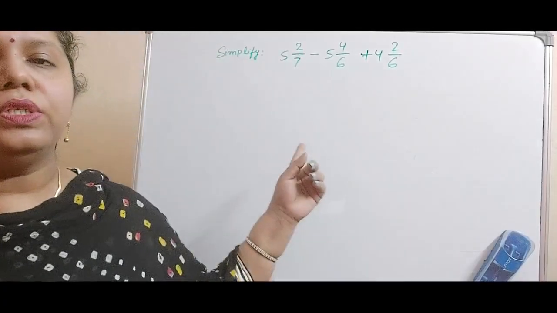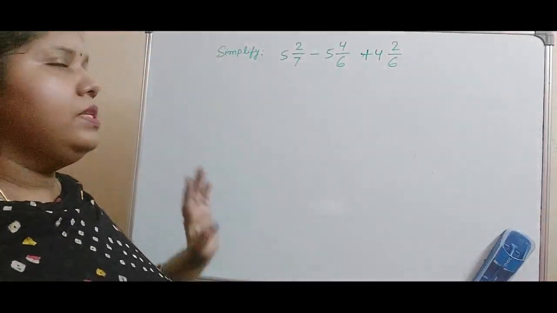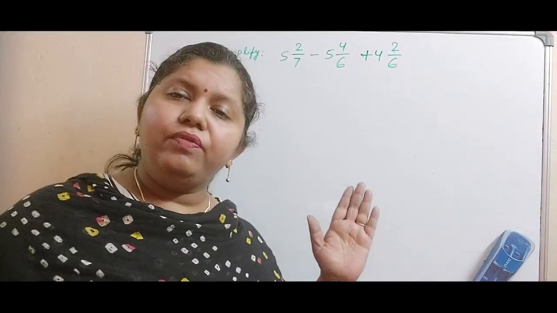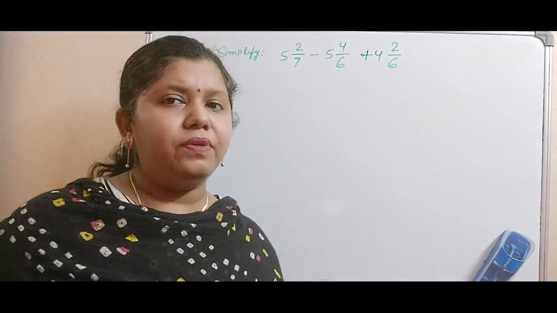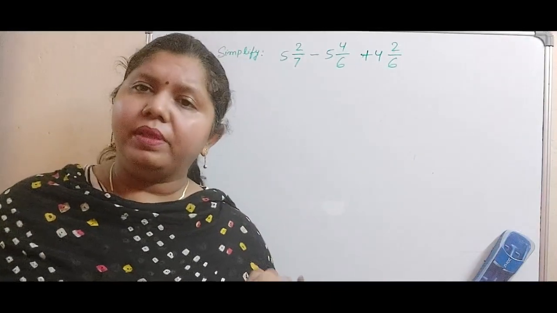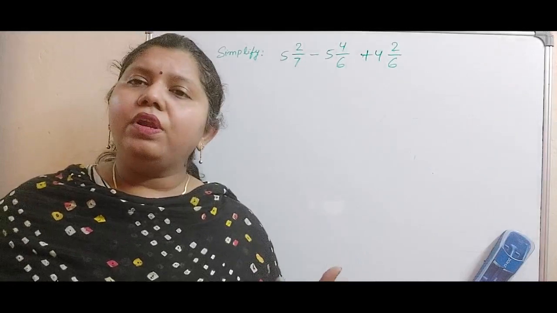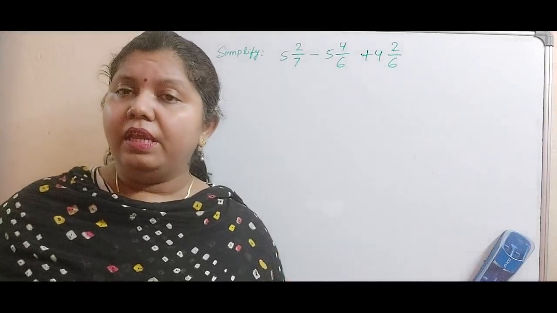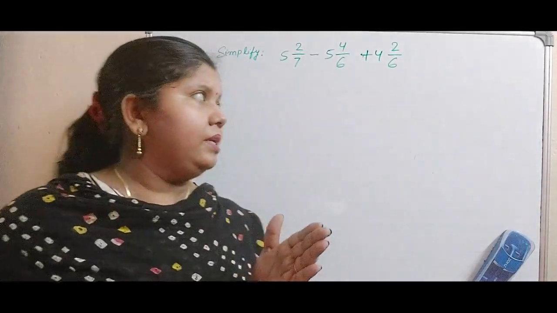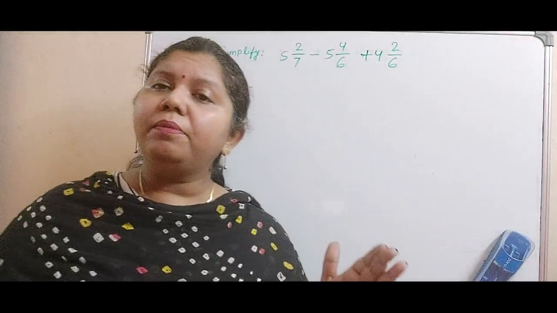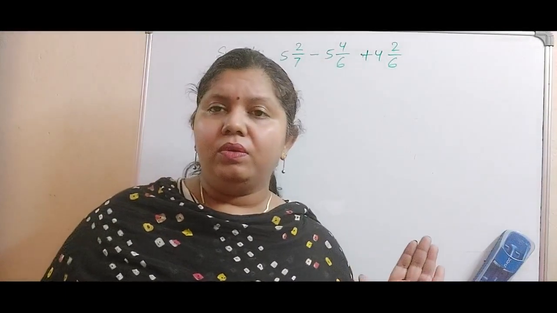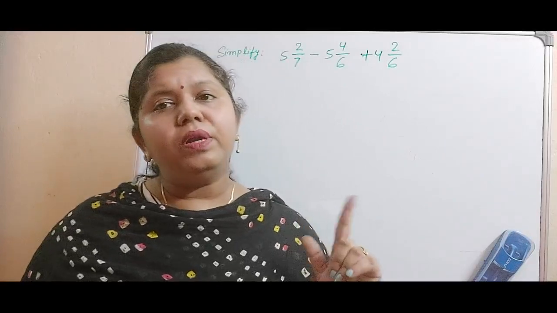Now look at this question. This is also another simplification question. In our previous simplification question, we separated the whole number part and fractional part. One basic reason why I adopted that method is, first of all, you have to check the fractional part. The subtrahend, the number being subtracted, should not be bigger than the minuend. That is the first criterion you have to check.